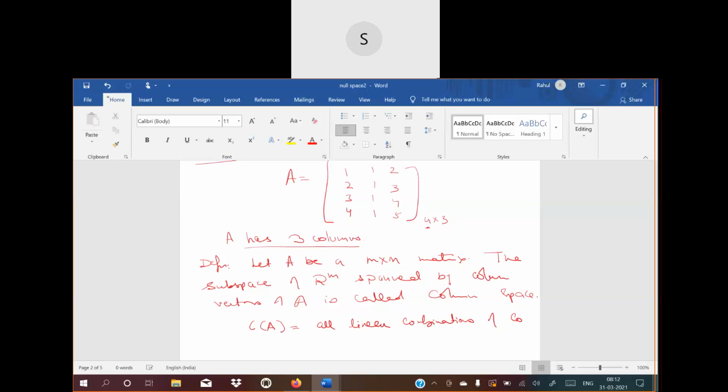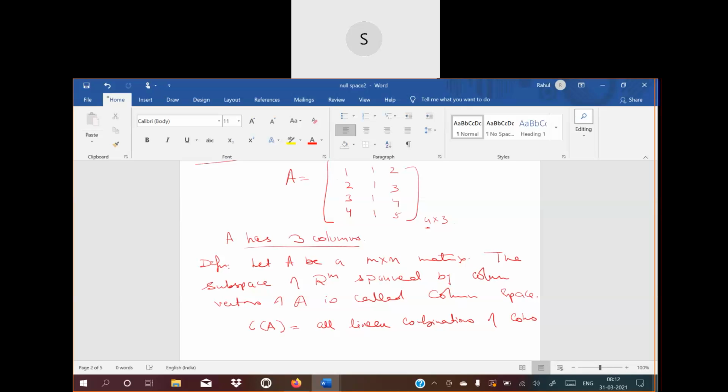Last time I did one theorem: everything that spans is a subspace. You can prove that if something is spanning, then it will be a subspace, right? Because if something is spanning, then any other element can be written as a linear combination, and those two properties of a subspace and also the zero vector will be satisfied. So every span is a subspace.